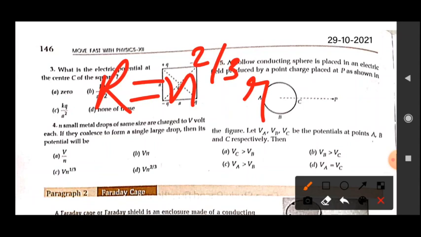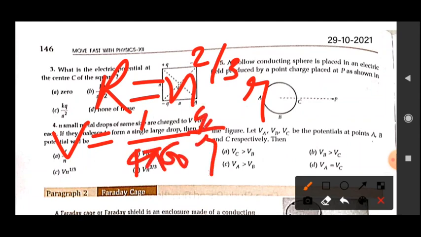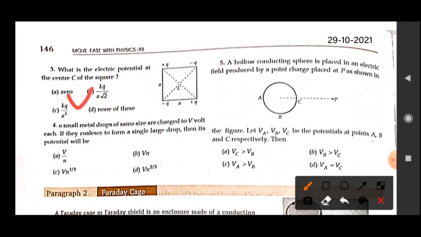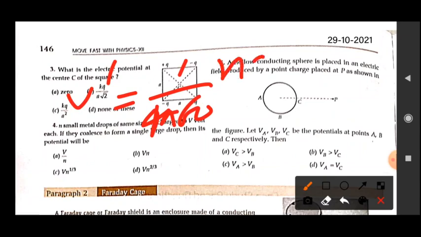Now the potential of a small drop, we have to calculate the potential of a very small drop. So this will be 1 upon 4 pi epsilon 0 q divided by r. Clear, I think. So next, as the potential of a small drop is calculated, you can also calculate the potential of the large drop. Suppose this is V dash, this will be 1 upon 4 pi epsilon 0 into the charge on the bigger drop. The charge on the bigger drop will obviously be n times the charge on the smaller drop, divided by R.